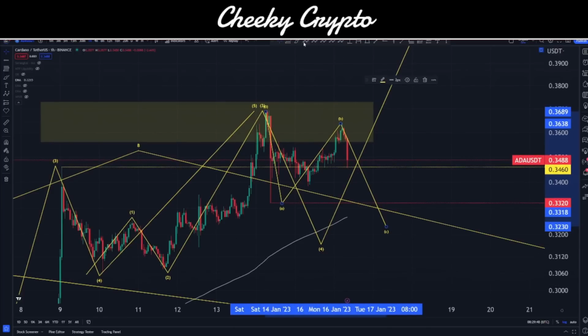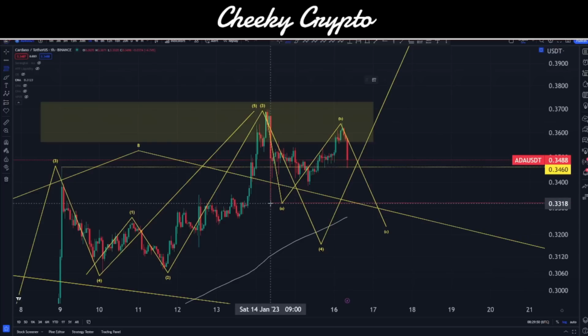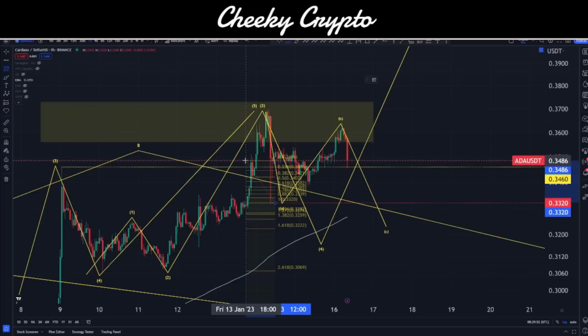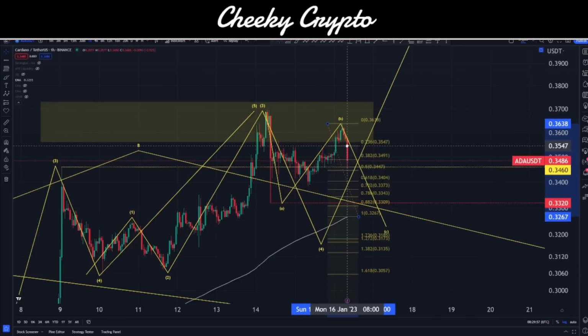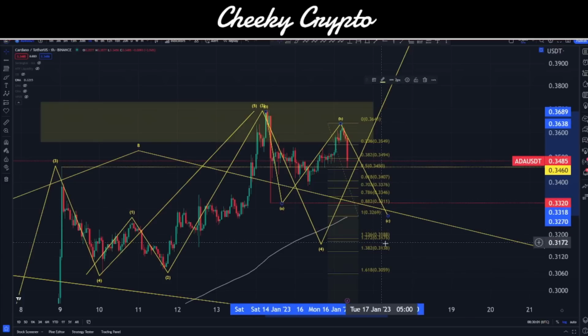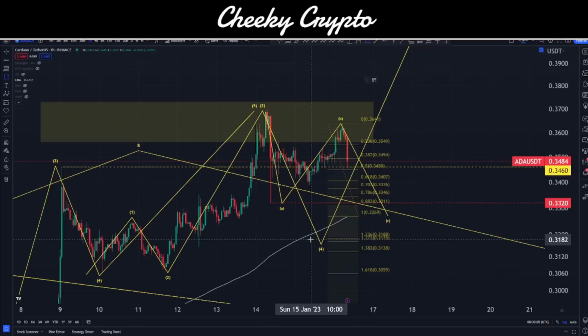Okay, now for that, I'll give you the target, because this one we can actually do a target on, whereas the ending diagonal we don't, not yet anyway. This one would be targeting down here at 32.69, but could go down to 31.88, in that range right in here. So I'll go ahead and just throw that up.